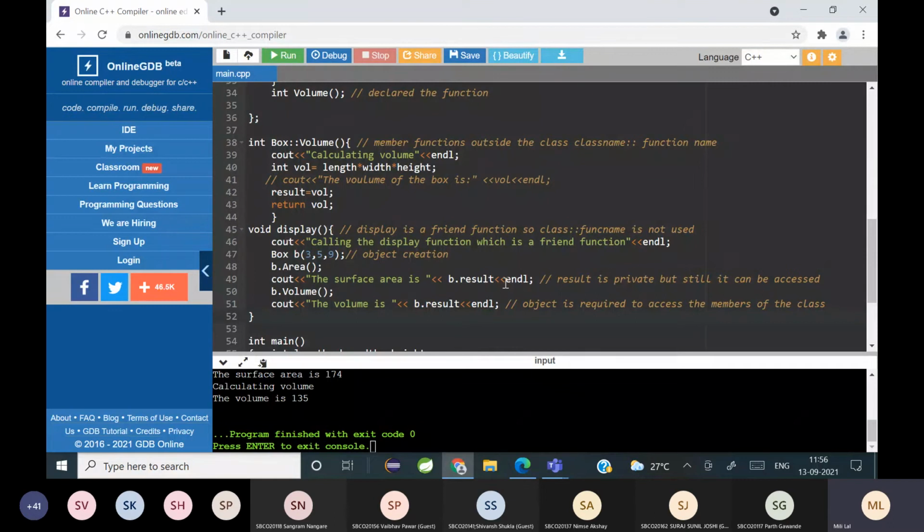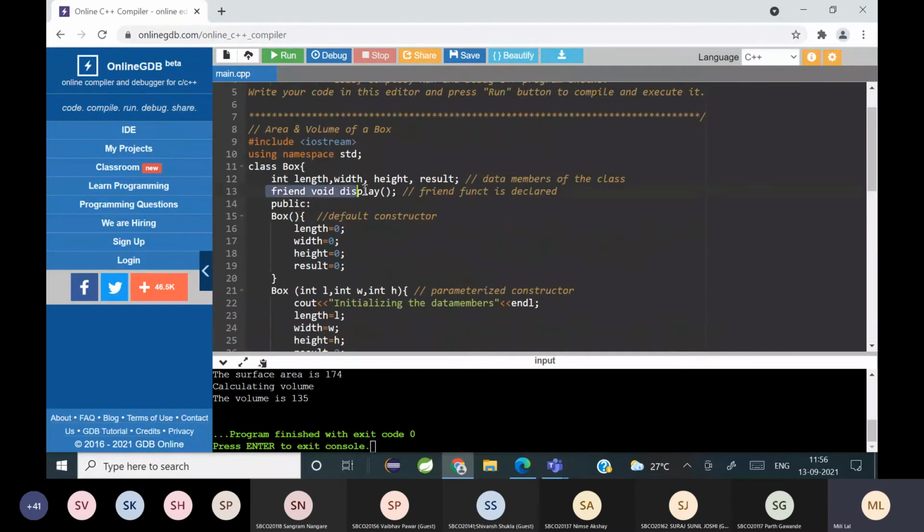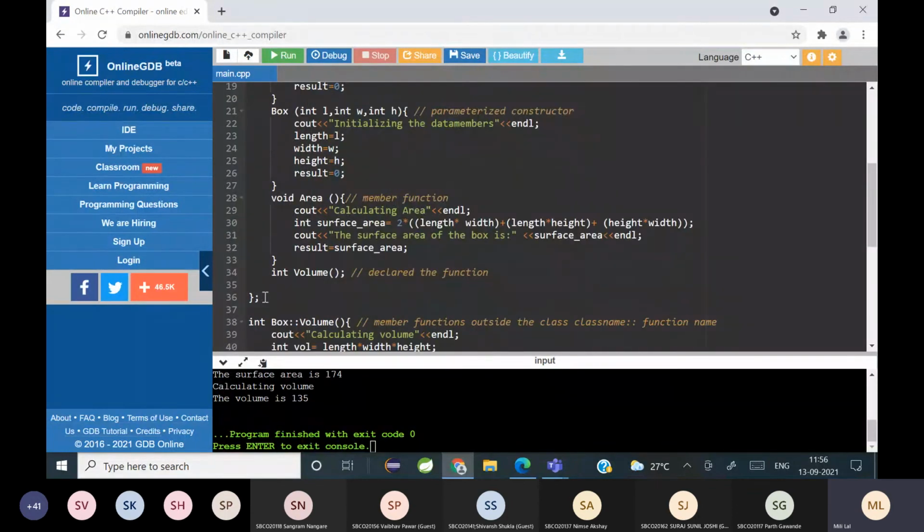And does the access specifier have any effect on a friend function? Look, I have made the first friend function private, and before, in the first example, I showed the friend function written in public.